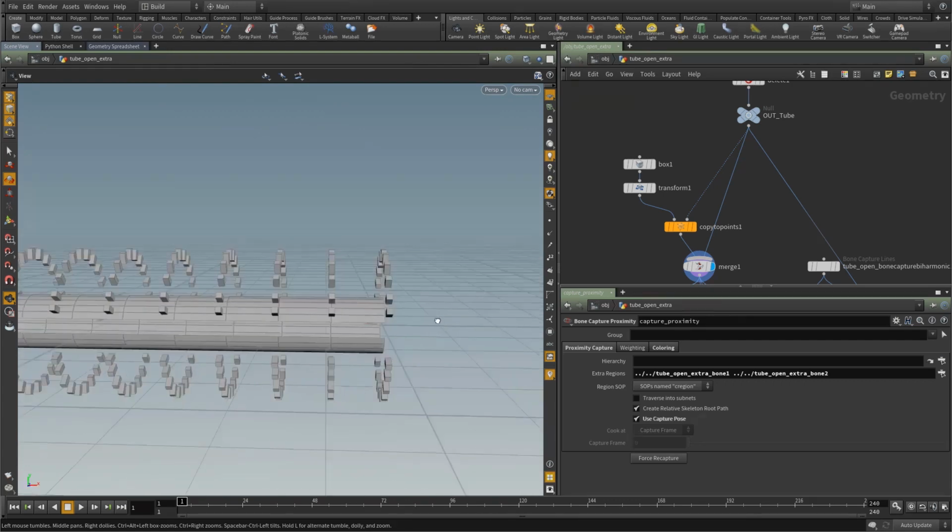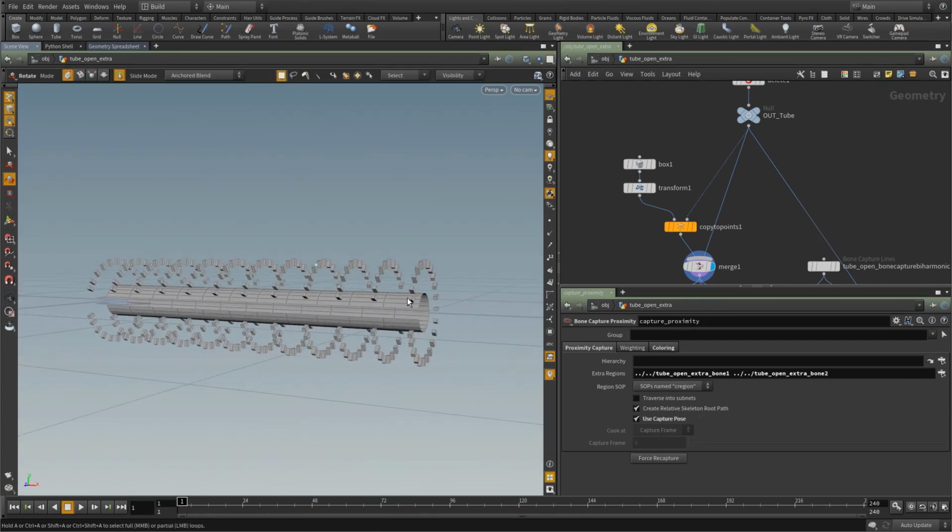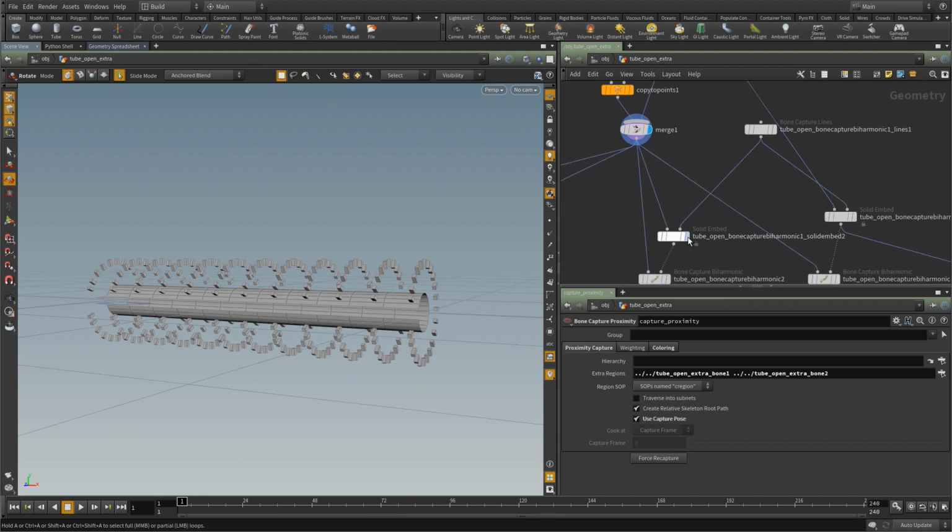And maybe this was a creature or some sort of mechanical thing that needed to deform. If you do a Biharmonic on it, this will take a few more seconds than usual because it has to make a tet mesh out of all these little guys here. So we'll just give it a second, 98%,